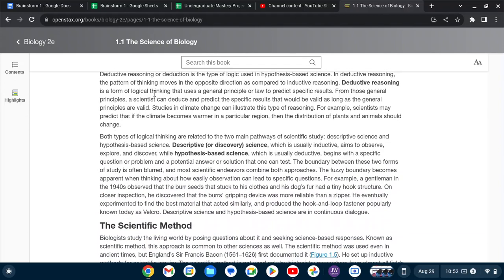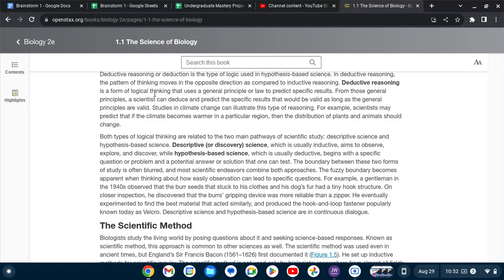Deductive reasoning, or deduction, is the type of logic used in hypothesis-based science. In deductive reasoning, the pattern of thinking moves in the opposite direction as compared to inductive reasoning. Deductive reasoning is a form of logical thinking that uses a general principle or law to predict specific results. From those general principles, a scientist can deduce and predict the specific results that would be valid as long as the general principles are valid. Studies in climate change can illustrate this type of reasoning. For example, scientists may predict that if the climate becomes warmer in a particular region, then the distribution of plants